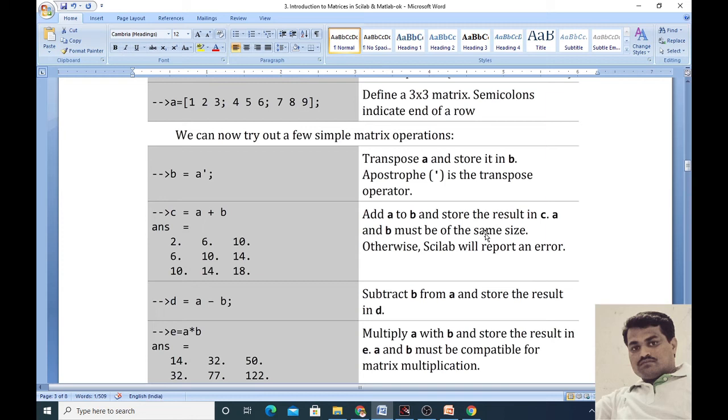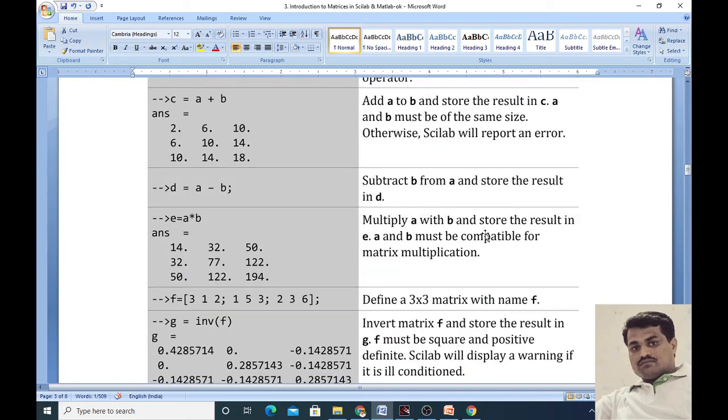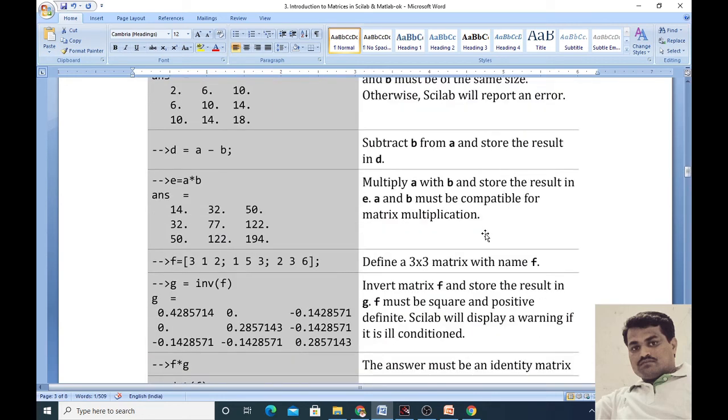Suppose we have matrices A and B, we can define A minus B, and it gives the solution if the sizes of both matrices are the same. Then we see multiplication. As I already told, for multiplying matrices A and B, if the number of columns in the first matrix is equal to the number of rows in the second matrix, then we can find the multiplication of the matrices.